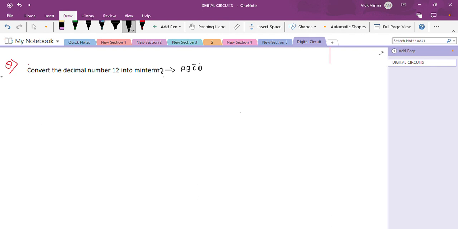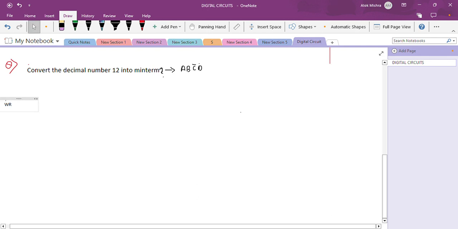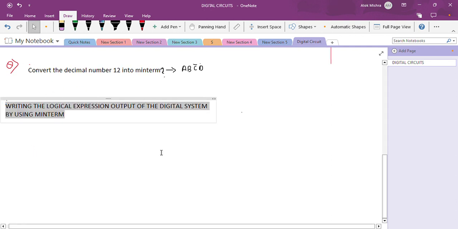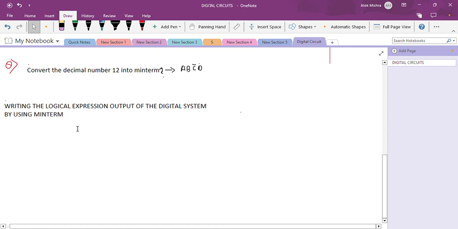Write the logical expression. Writing the logical expression output of the digital system by using minterm. So write the definition for this. To write the logical expression,